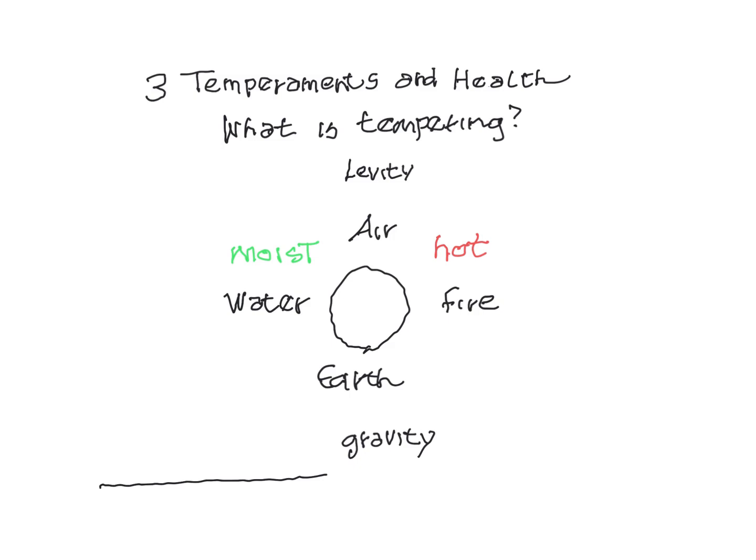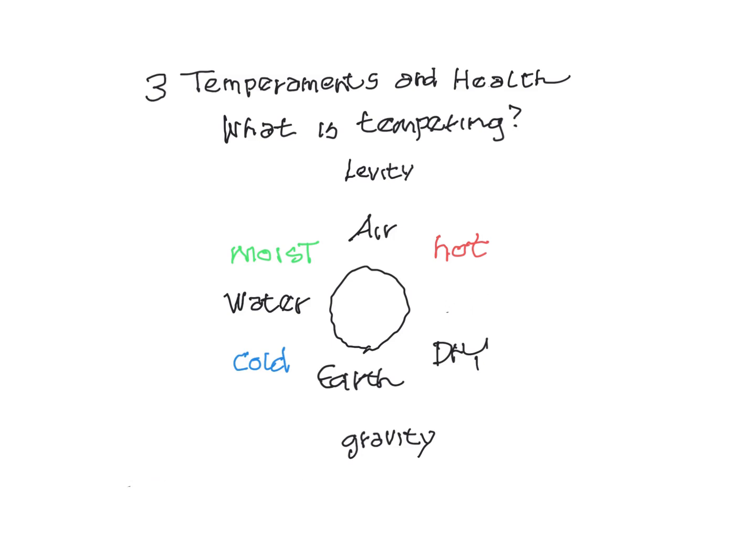So if we looked at fire and earth, we could say, well, what happens when fire and earth come together? Things get dry. And what happens when water and earth come together? Things get cold. So now cold and hot are opposites, and moist and dry are opposites. So now we have a different relationship here. We're just going to erase all the things we don't need here.